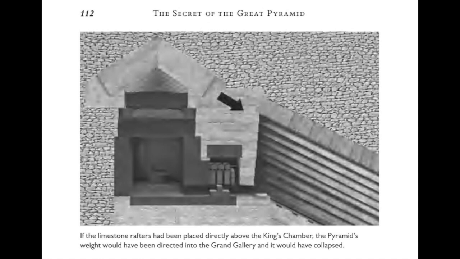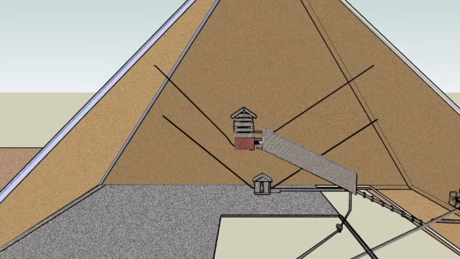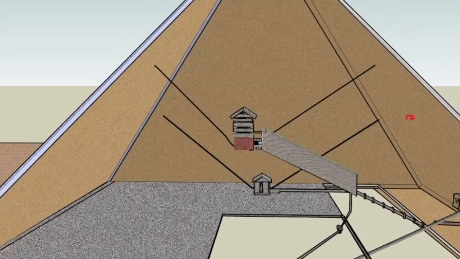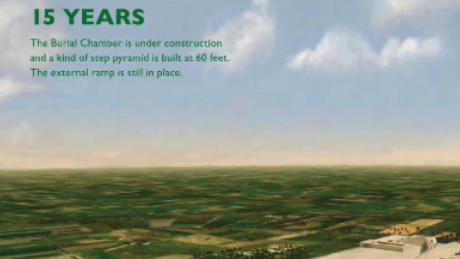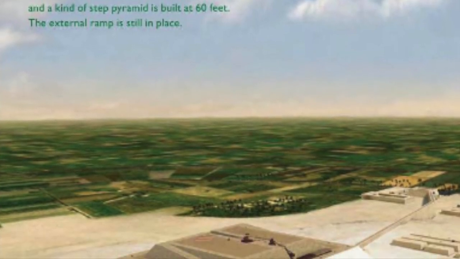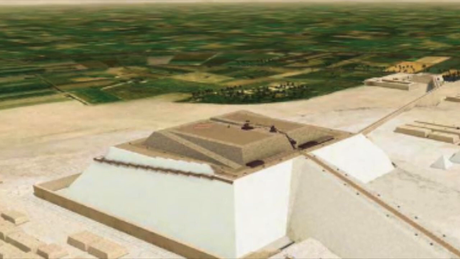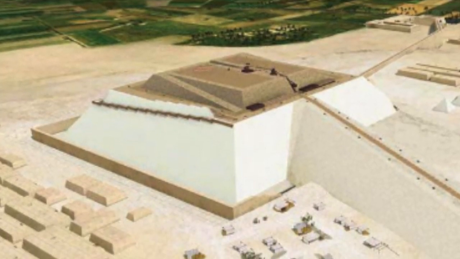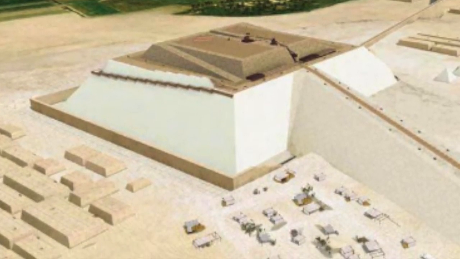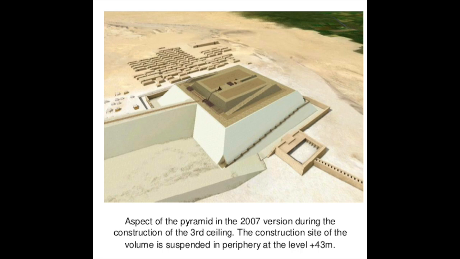Now then, what next? Well, this is where things really get going in regards to the true meat of the internal ramp theory. With the king's chamber completed, the half-constructed pyramid was about 200 feet high. The external ramp, the one being built in stages that we mentioned earlier, is now getting too long and too steep to be of any use.